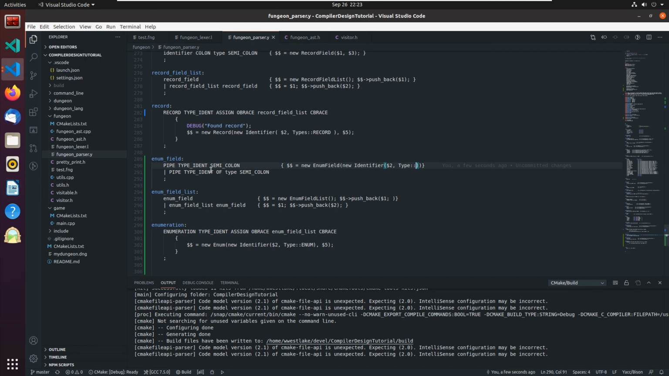If we have a pipe followed by an ident and a semicolon, there's no data associated with that. We can still have a regular enumeration where the names are what is important and there's no data associated, or we can intermix them. We don't have to have data after it. So in this case, it's going to be type of unit followed by an enum field,